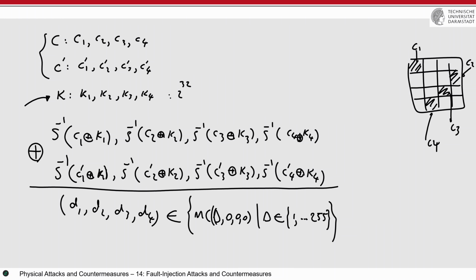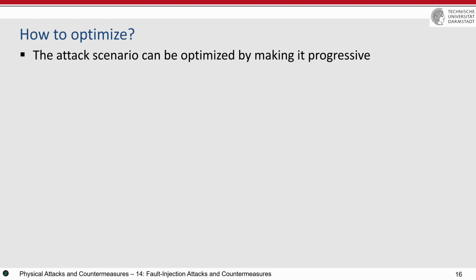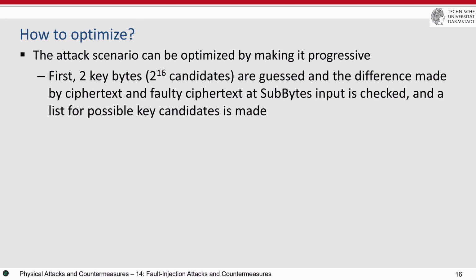What is hard? The search space is 2 to the 32. Instead of everything that you have done till now, usually searching for 8 bits, now you have to search for 32 bits. Now you can optimize this by making it progressive. Instead of searching for 2 to the 32, you search for 2 to the 16,